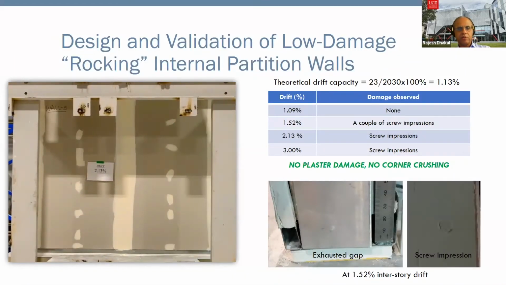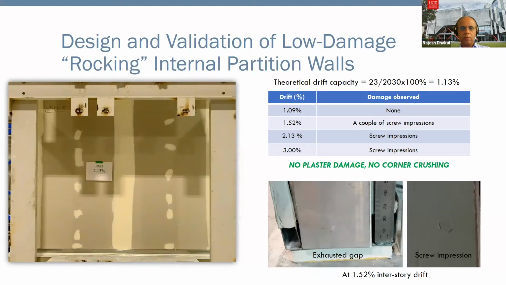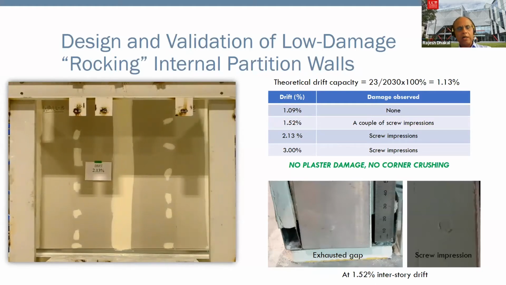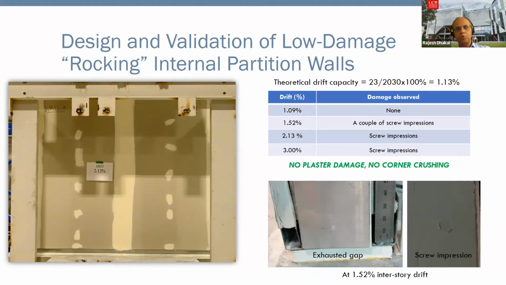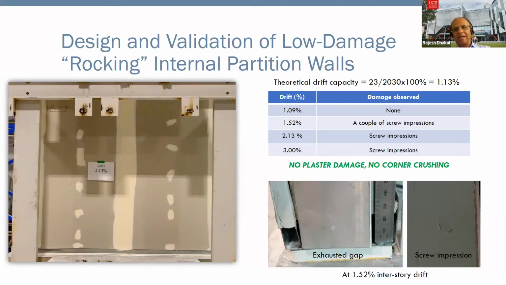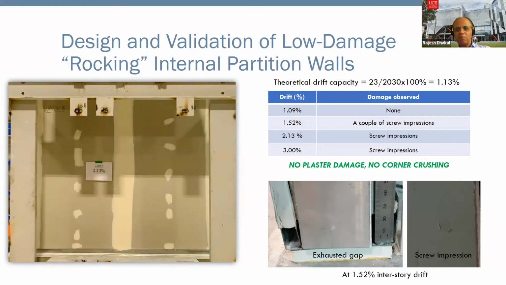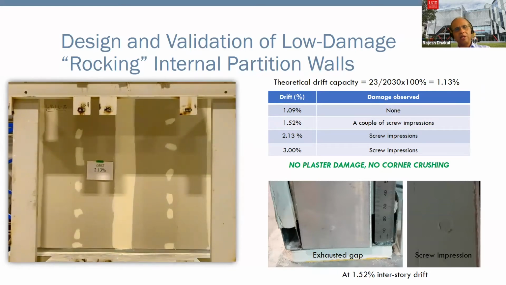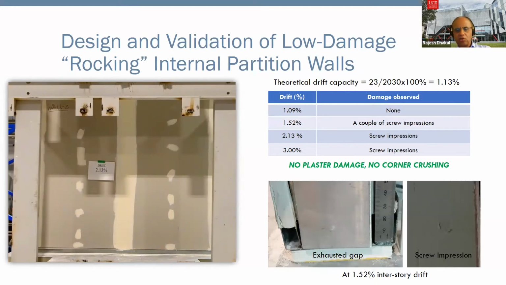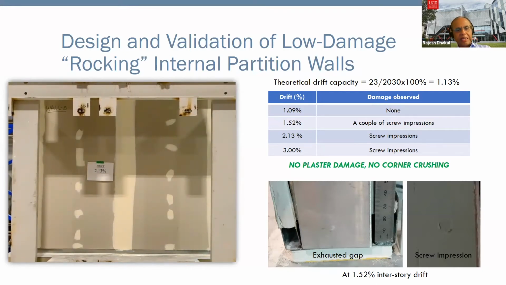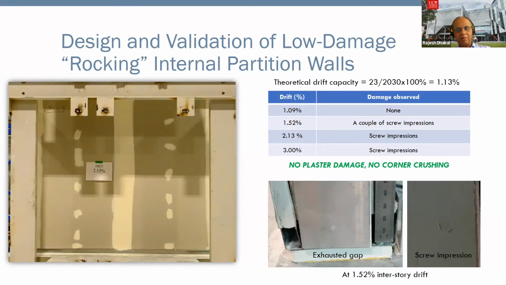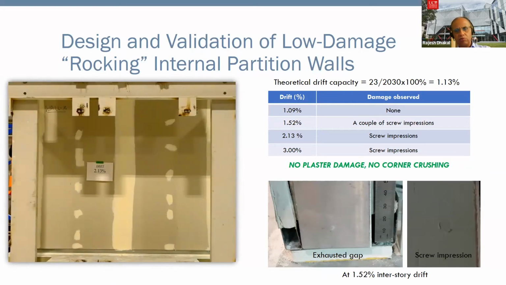So this video animation shows the performance of this type of wall until beyond 2% drift. We don't get any damage that requires repair up to 2%, and only around 2% you see some minor screw impressions. Right, so you can design the clearance at the top as per your need, your design drift demand, right? So if your design drift is 2.5%, as we use in our flex,